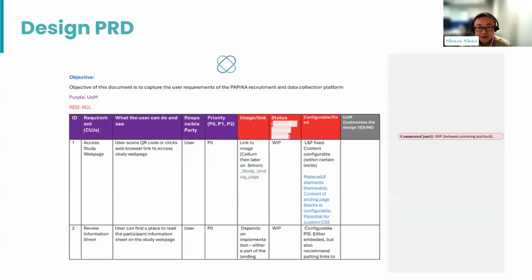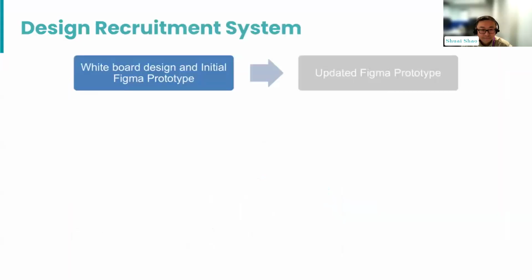Here is an example of how we developed the PRD and collaborated with King's College London to create our recruitment system. After completing the PRD and confirming all system requirements, the next challenge was how do we translate these requirements into an effective web design?